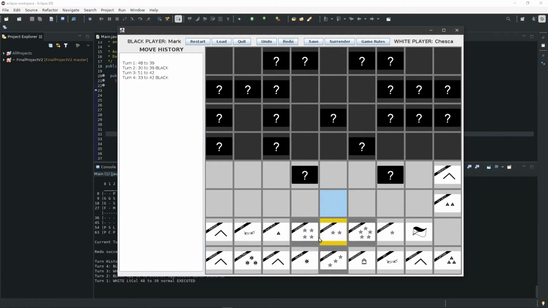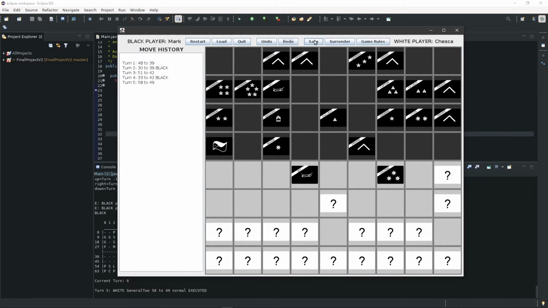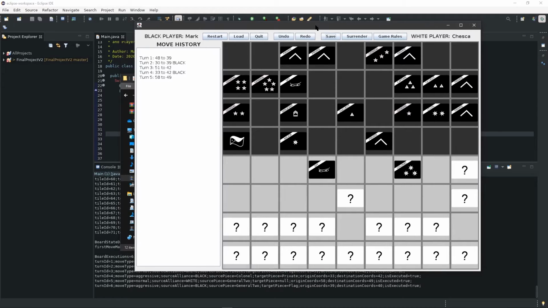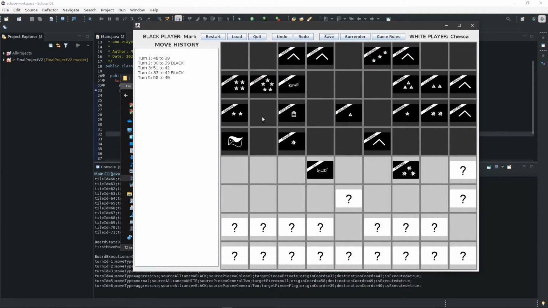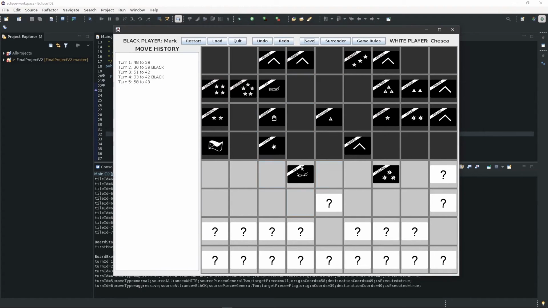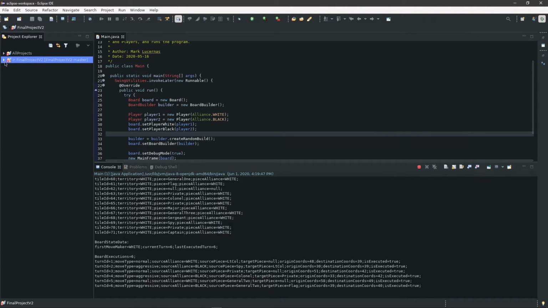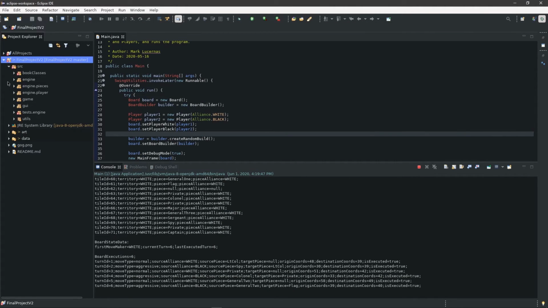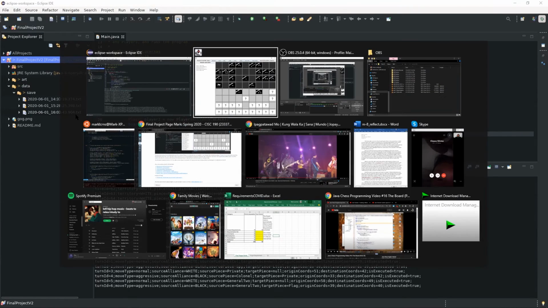And if we want to save the game, we can just click save, and it will save into a file named after the current date and timestamp. I'm gonna show you right now. So I save it. It will be saved in the data save directory, in this directory right here. So if we want to load that,